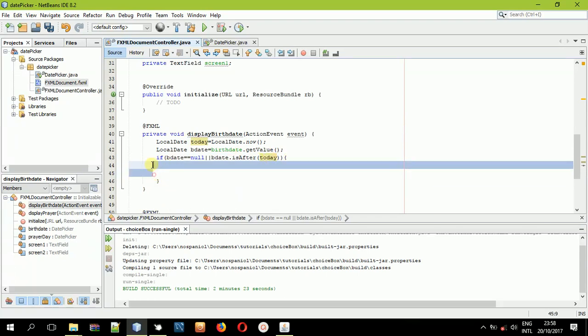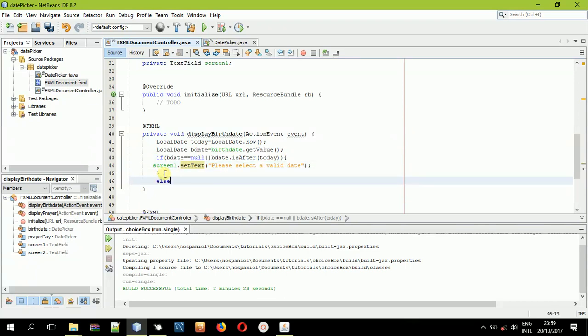So now we will display it in the first screen. So I'll say screen1.setText(), and I'll put some message like "Please select a valid date". So once you do that, I can put a semicolon, else, meaning that someone now selected a date,